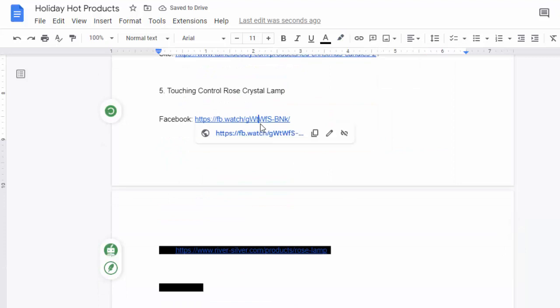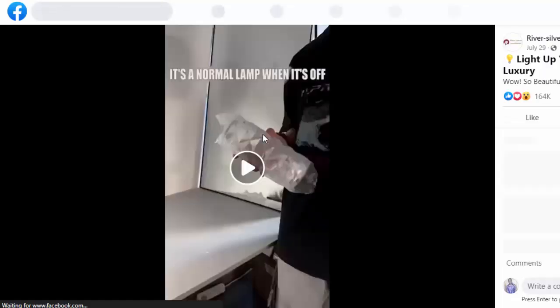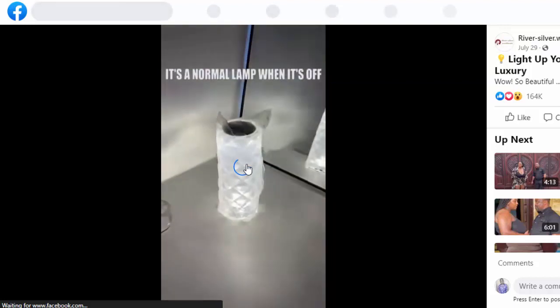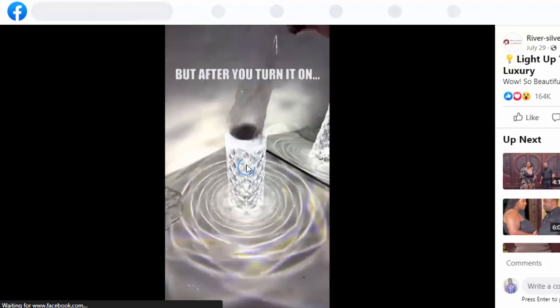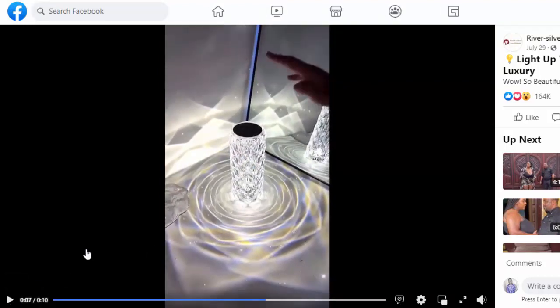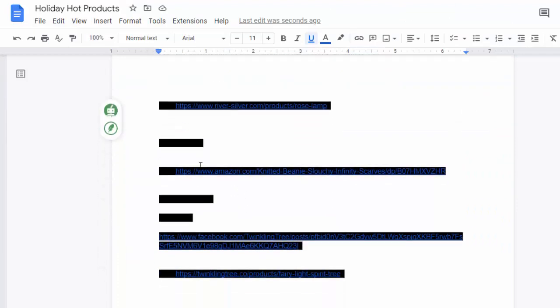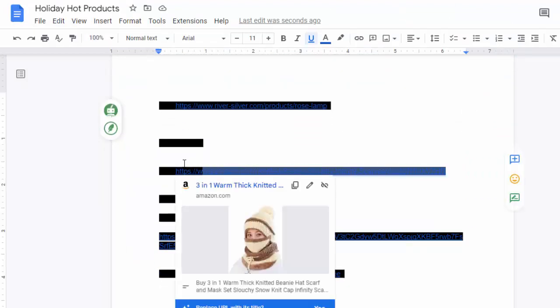Okay, so this one is also a decor, something to also decorate your home, just to wow your visitors if you have visitors. Okay, so this is something that is going to wow them, and this is a product that people who love luxury, all right, would love. Okay, so if you can get this product, you should look at how you can sell it this season. Okay, now the other product that I have here, let's see,